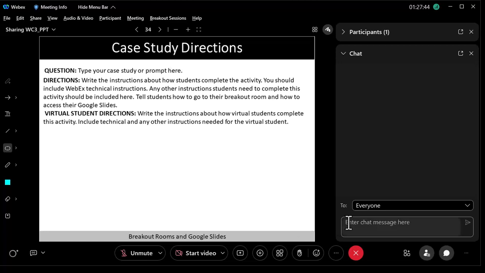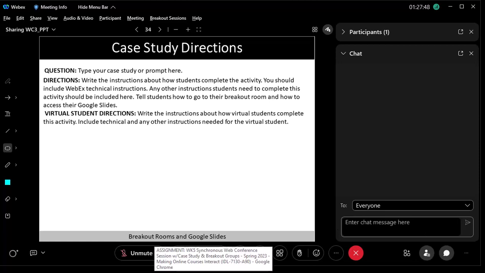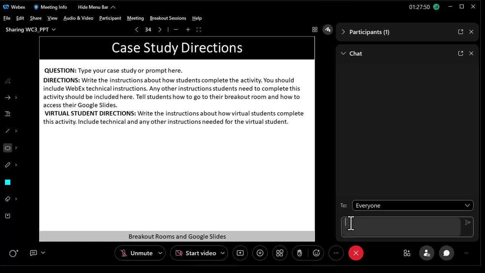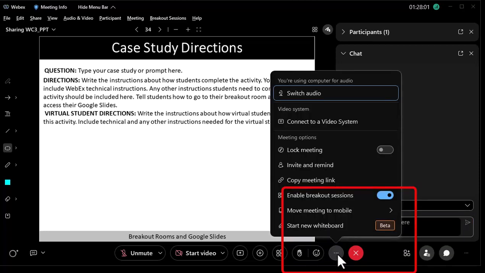So first with your Google Slides, you'll get the URL and you will paste it in here and in their text chat, and that's where they will work on it. And then you will come down here to the breakout room, and you click on the 3 little ellipses.